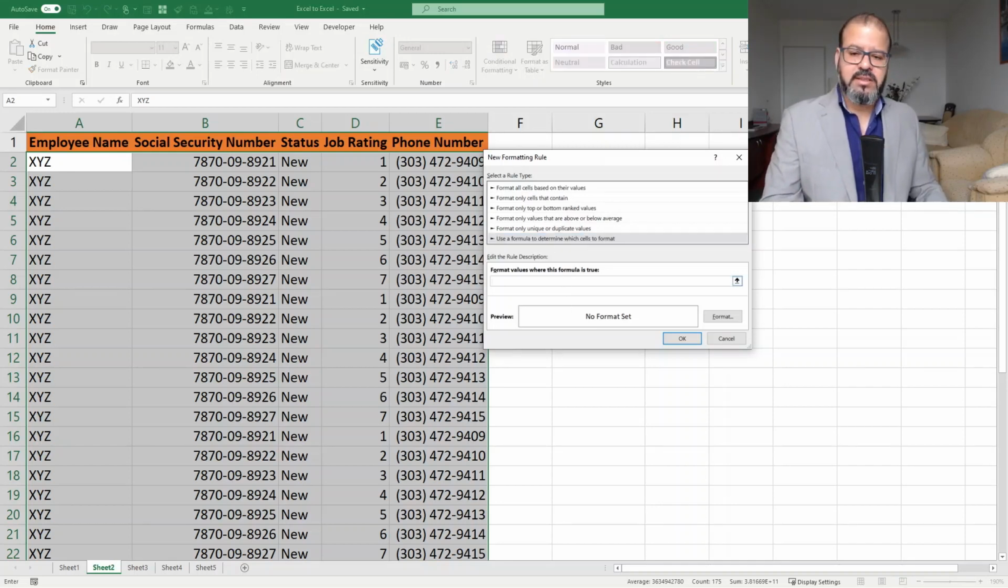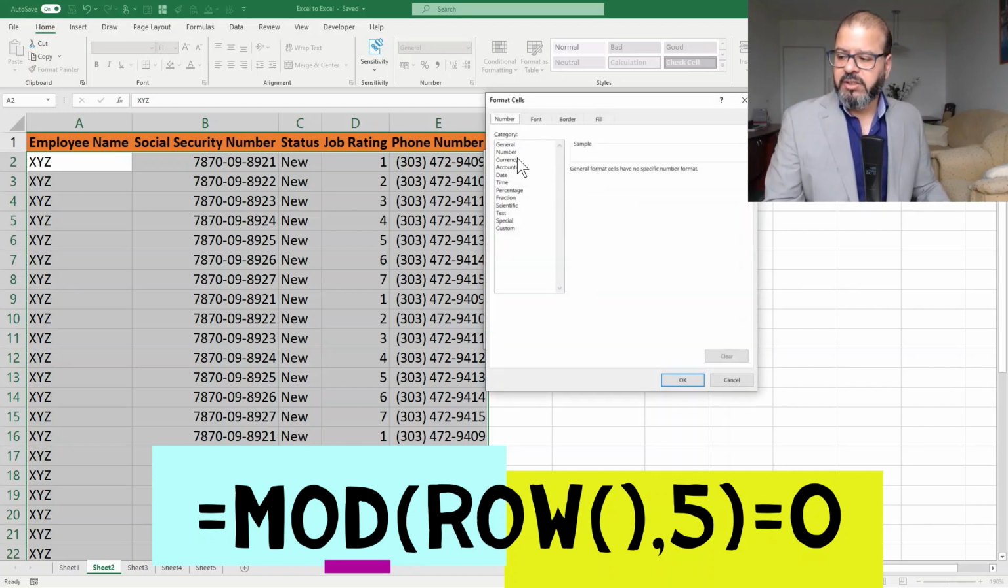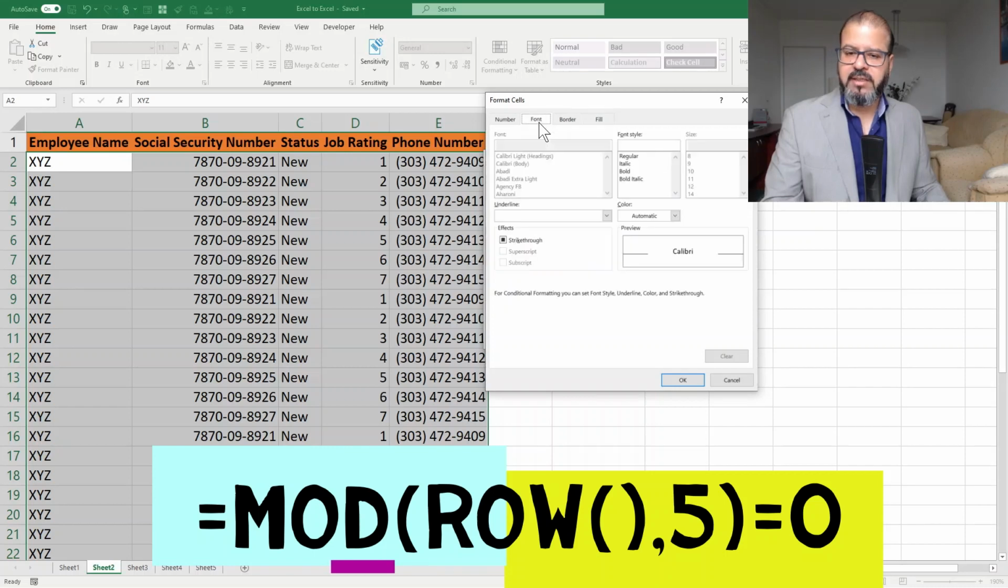Here, you're going to enter the formula: MOD, then parenthesis start, ROW, parenthesis start and close, comma, the fifth row we are talking about. You can change the number 5 to any number that you want, is equal to 0. This is the function. Then we will tell Excel what should Excel change when it comes to this functionality or